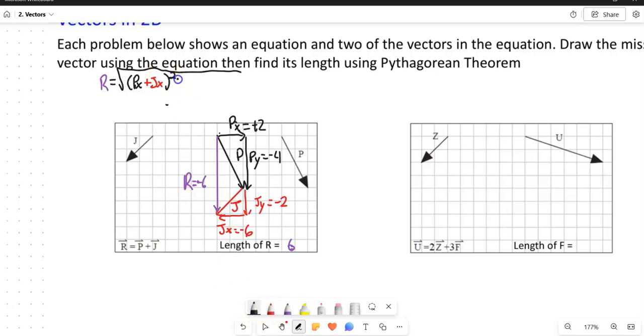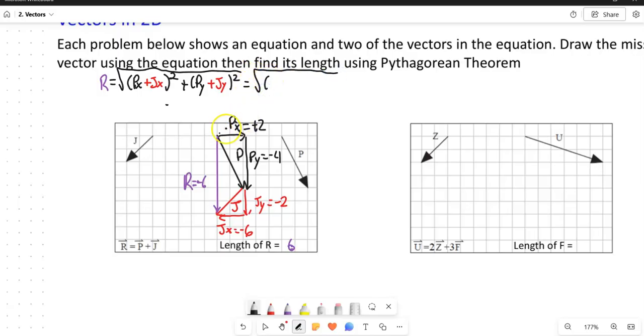You have to take the x direction components and the y direction components, and then we're going to add that to the y direction components of py plus jy, and then we're going to square this. So we're doing c squared equals a squared plus b squared. So when we do this,